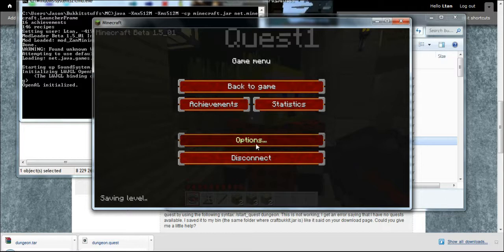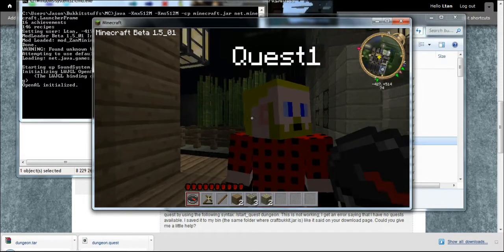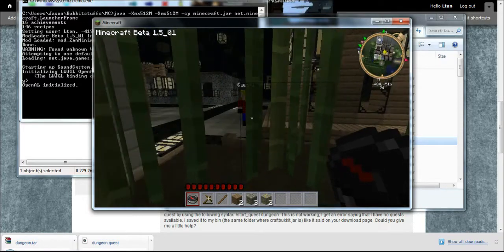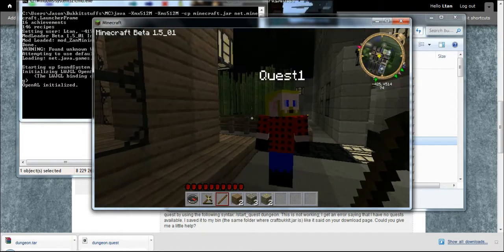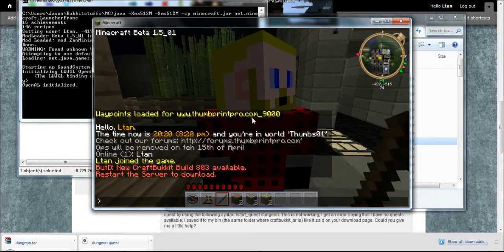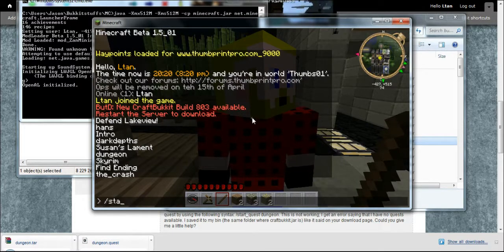and let me turn down this background volume. Alright, so now, whoops. When I go and lay into him with this stick, he doesn't say anything. If I now do list quest, you can see that I have dungeon in there. So now I can do a start quest dungeon,